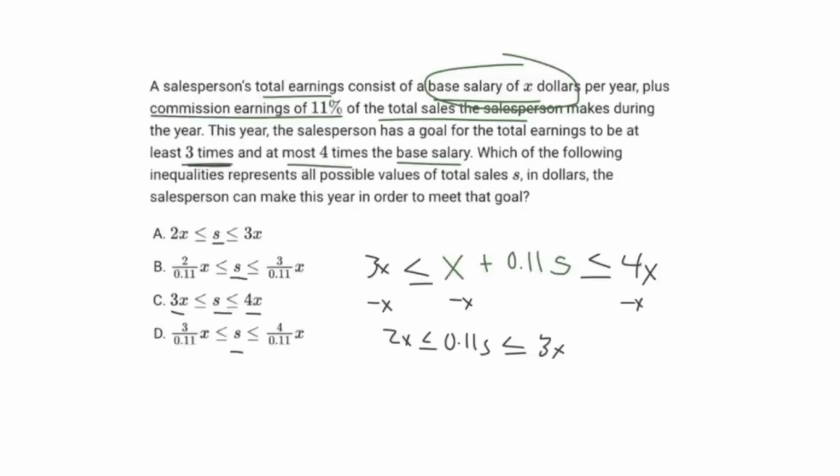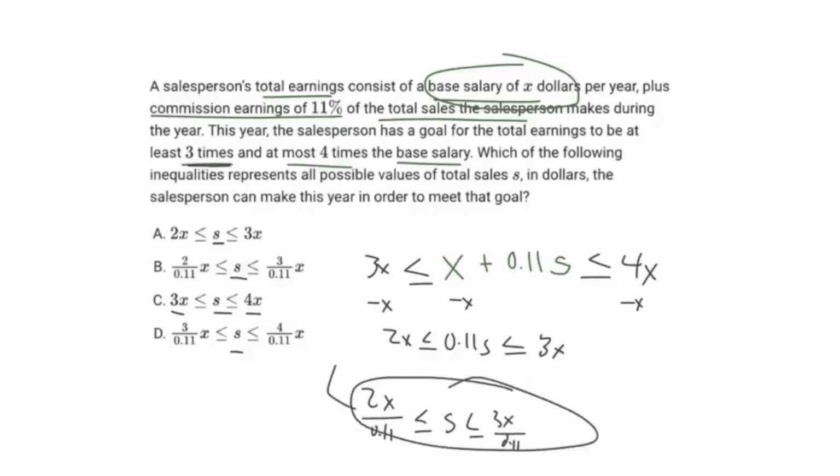Therefore, we can just divide all sides by 0.11. So we get 2x over 0.11 is less than or equal to s less than or equal to 3x over 0.11. And we can see that this lines up directly with answer choice B, and therefore